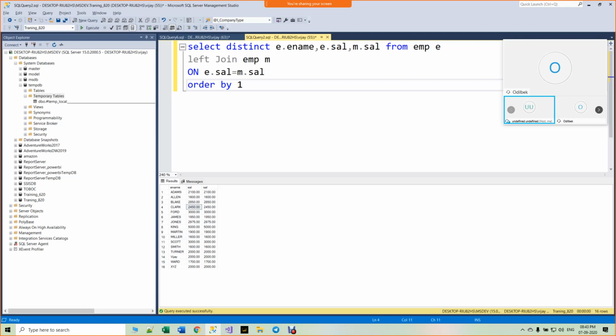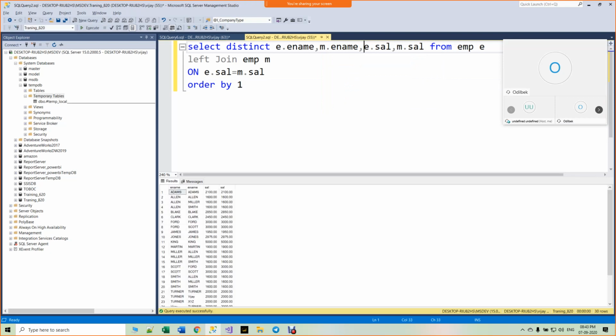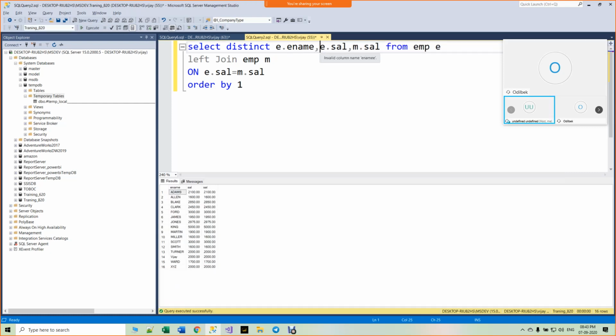If I take Adams, did you test this? Yeah, I tested, but it was similar.